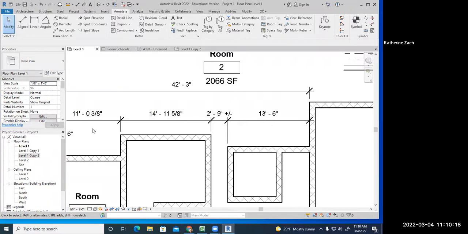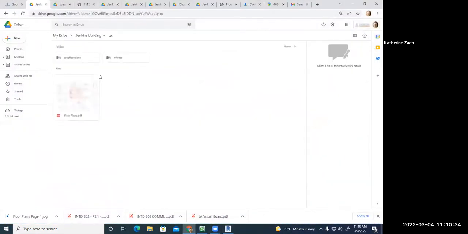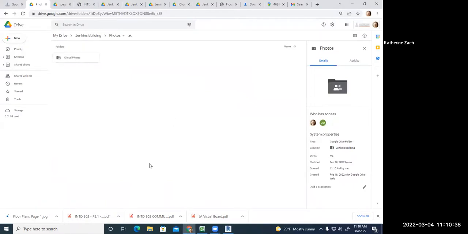You're always going to miss dimensions when you field measure, always. So just do your best to get overalls and try to have enough things of reference that you'll be able to check things later. And also, I take lots and lots of photos. Photos are really helpful because, for example, if I go back to my photos,